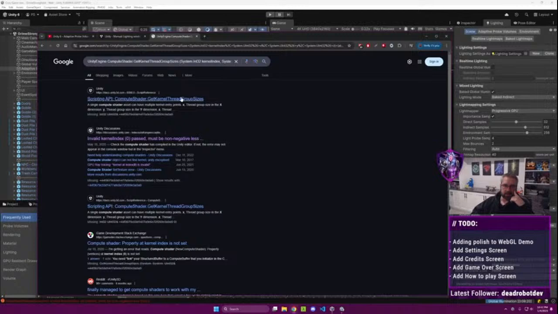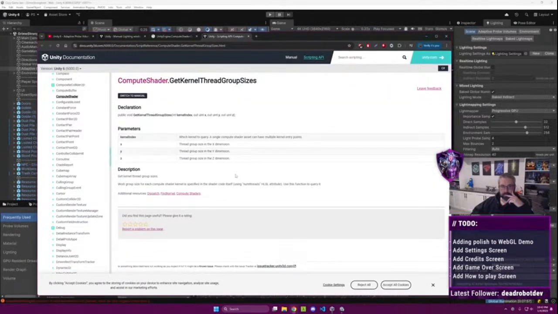What if we search this? A work group size for each compute shader kernel is specified in the shader code itself using num threads. Use this function to query it. So this is